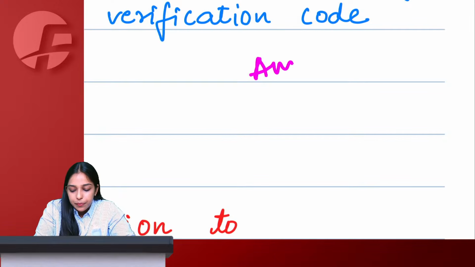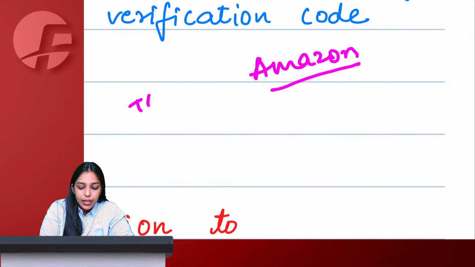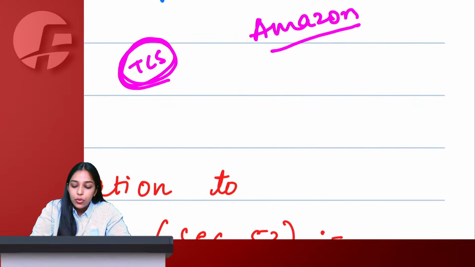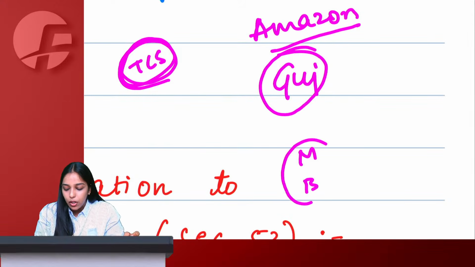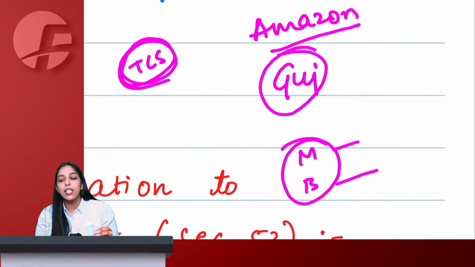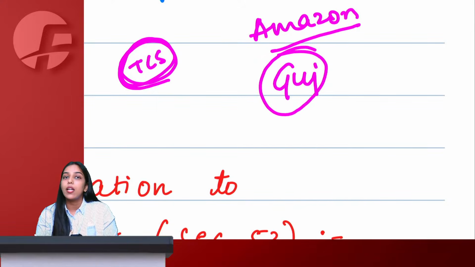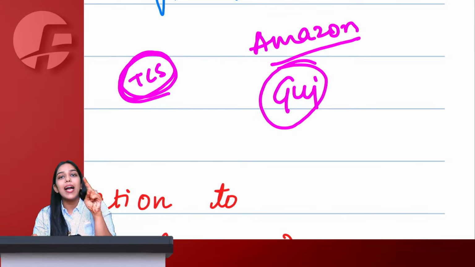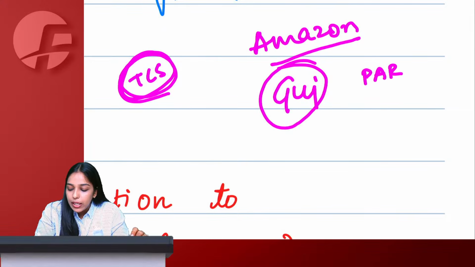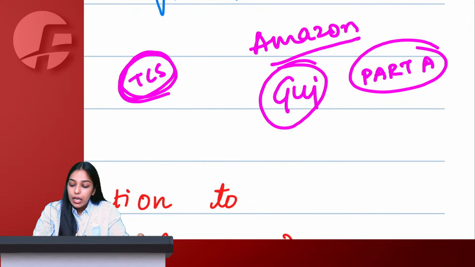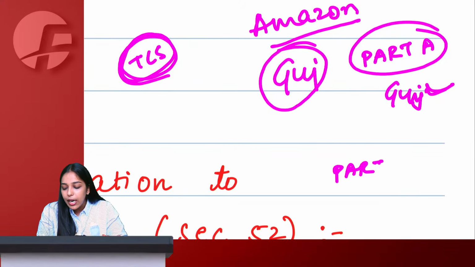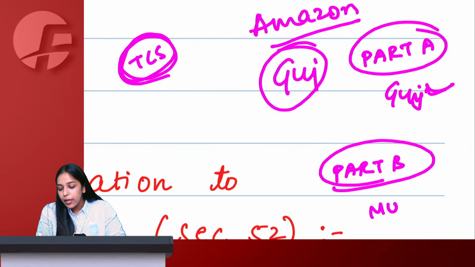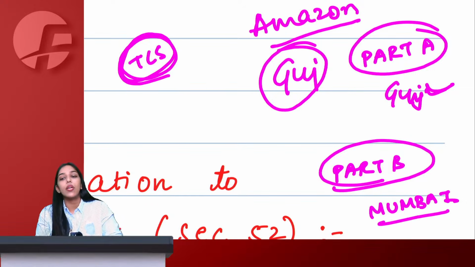Let us say Amazon today is an e-commerce operator under section 52 collecting TCS, wants to take registration in Gujarat, but does not have a physical place of business in Gujarat. They only have 2 offices across India, one in Mumbai, one in Bangalore. So Maharashtra and Karnataka they have places, otherwise they do not, but they want to take registration in Gujarat. What to do? No problem. While filing part A of the registration application, they will select Gujarat, that I want to take registration in Gujarat. But while giving the address proof in part B, they can give their Mumbai head office address. It is okay, no problem.